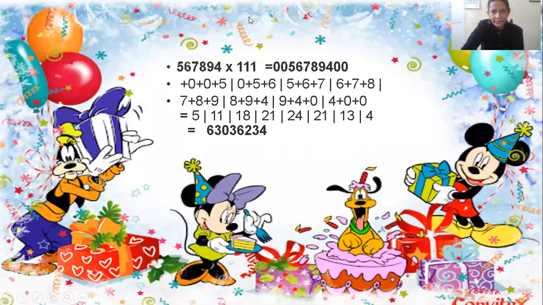Now, as you can see, I have taken a bigger question for you. Now, let's see how you can solve this question. You look here, my question is big. This is 5, 6, 7, 8, 9, 4. You can solve any question, but what is important here is this 1, 1, 1. How many 1s can you see here? Again, as in all the questions you have seen, here you have got 3, 1, 1, 1.